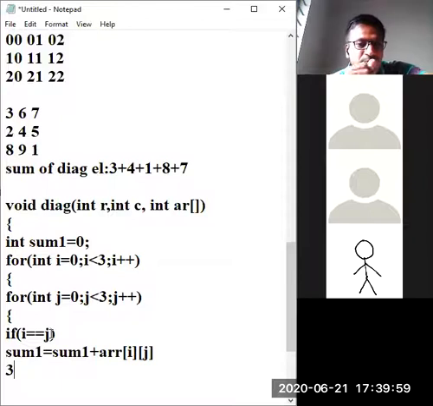Next time, j is 2, i still 0. 0 is equal to 2? Failure. Next time, i will increment, because for j there is no chance for further. j ends at 2: j equals 0, 1, 2. Only at j equals 0 and i equals 0, the equation went correct and you got 3.